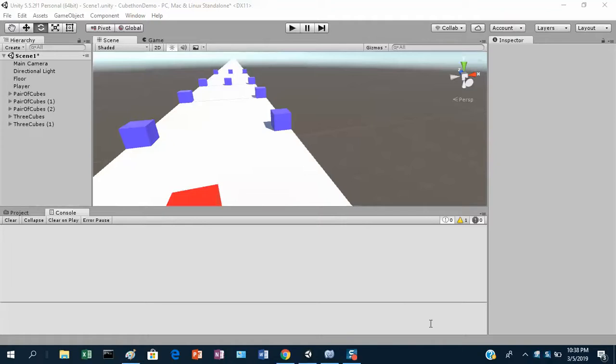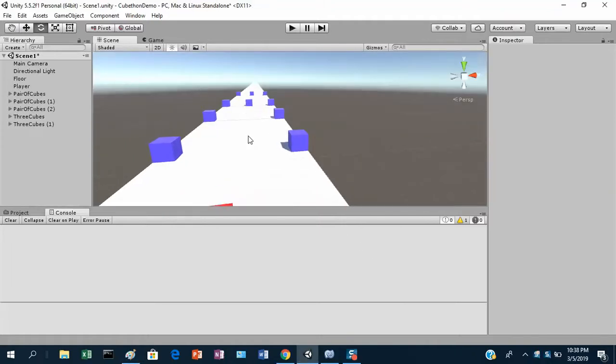Hello, in this video we are going to add the end zone to our level. When the player reaches the end zone, the player is going to stop moving and velocity will go to 0, and the player's reset function will get triggered, which will reload the scene. So in order for this to happen, we have to go into the player's script and add a public function,